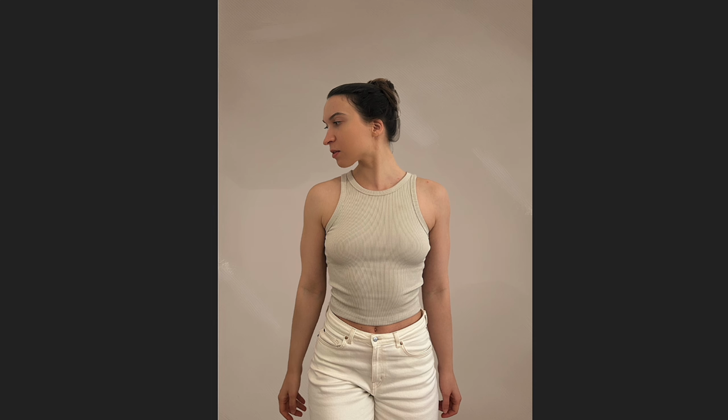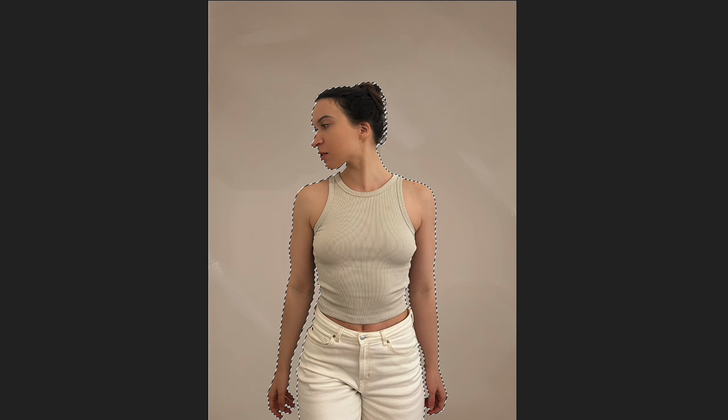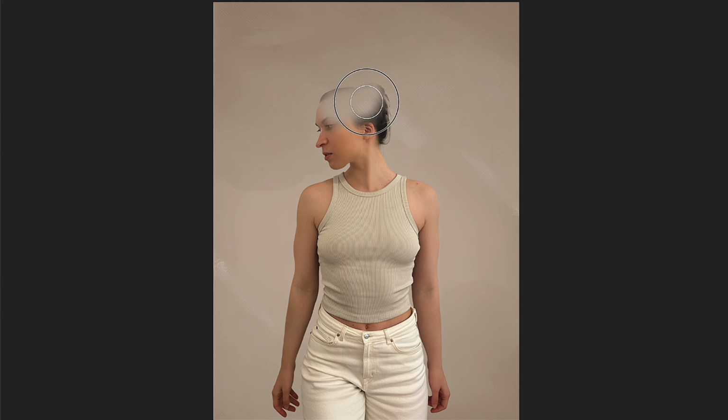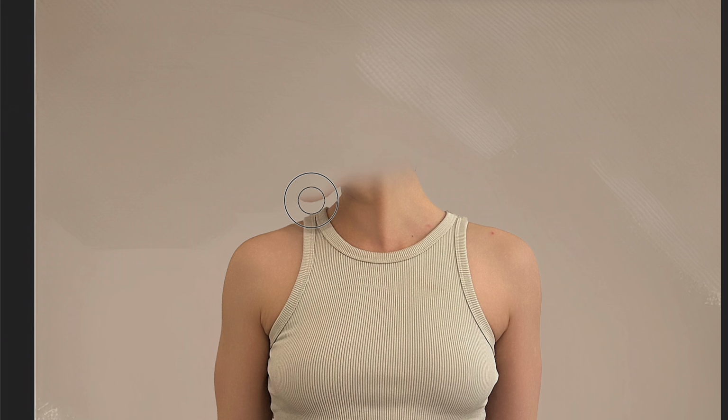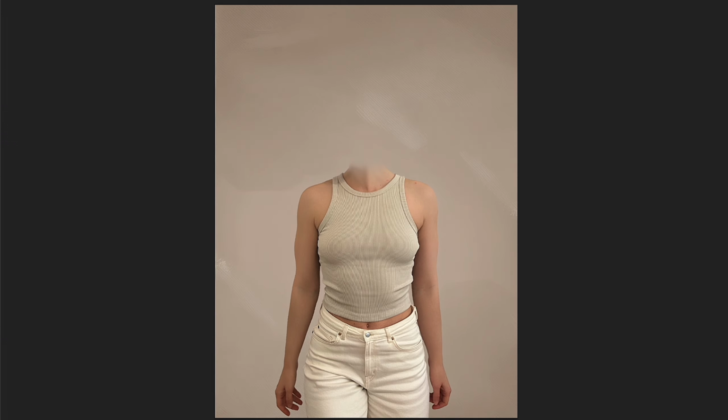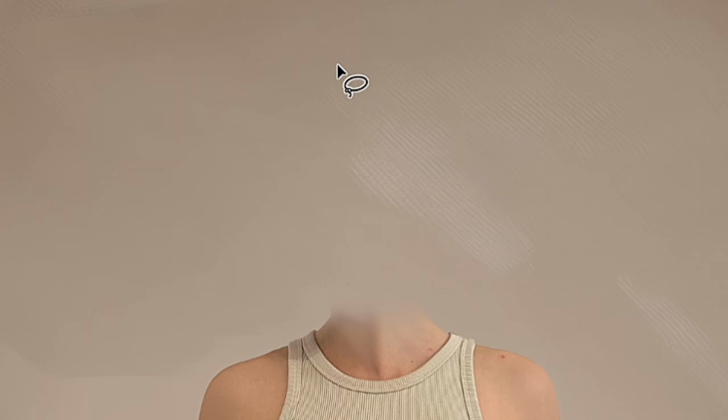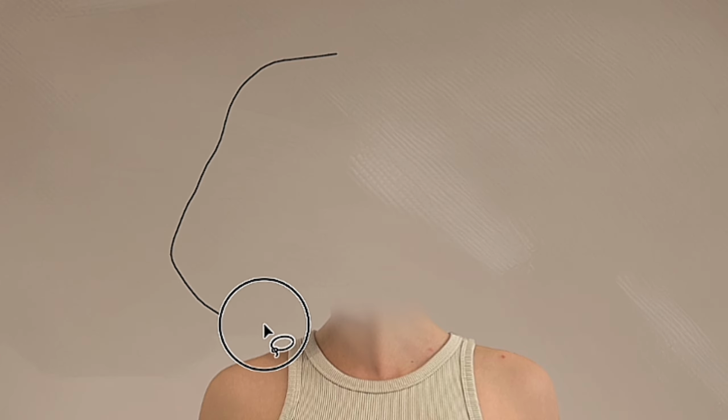When the background is ready, I select the layer with my subject and apply a mask on it. And with the brush tool and black main color, I just erase the head from the photo because in this place will be flowers. The body itself looks a bit dark to me, so I create a curves layer and just adjust the brightness a bit better. And now it's time for the creative process, so I select the area on the photo where